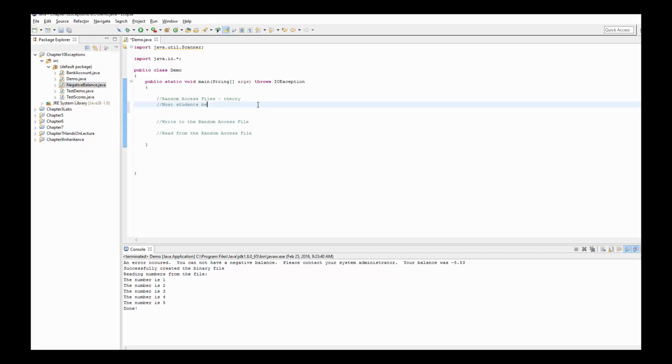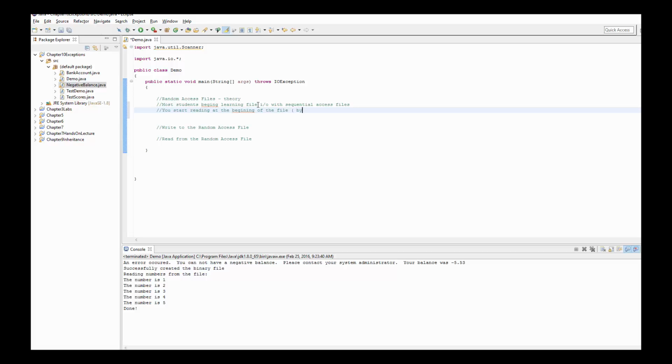most students begin learning file I/O with sequential access files. And what that means is that you start reading at the beginning of the file, which you could say is byte 0, and read one byte after another until the end,